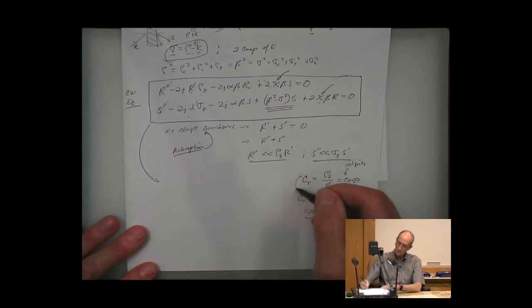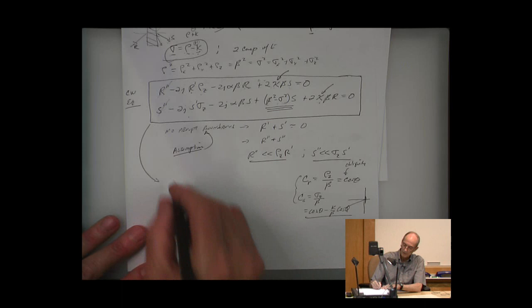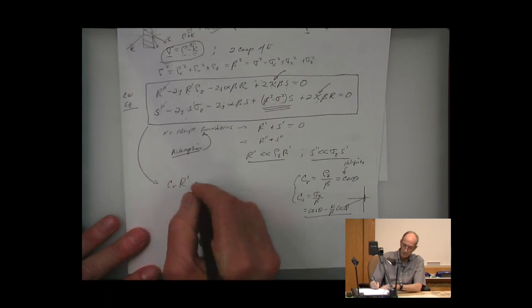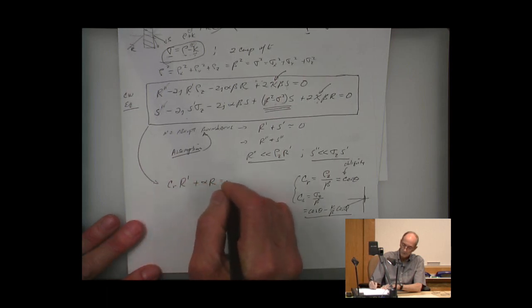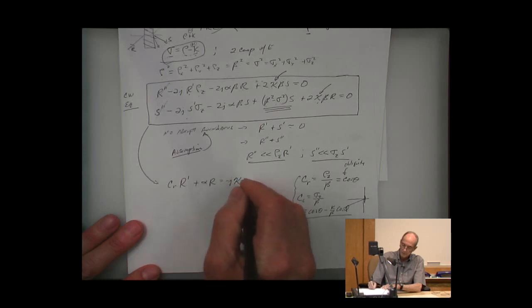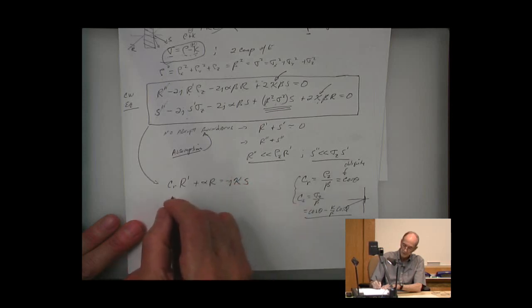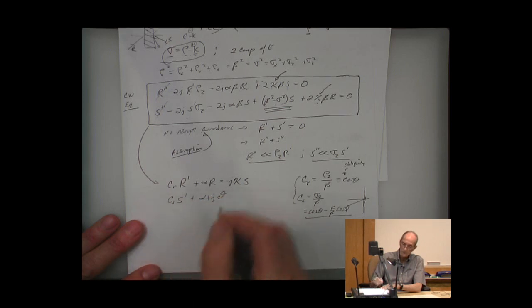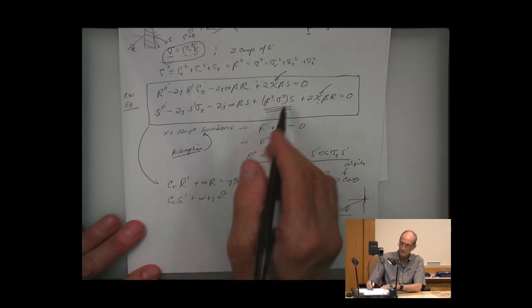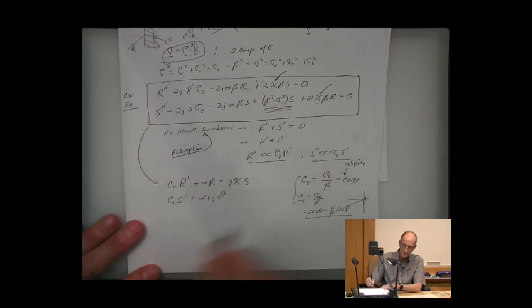So if we use these, we can then write the coupled wave equations as C sub r, R prime, plus alpha R equals minus j kappa S, and C sub s, S prime, plus alpha plus j times our detuning parameter, which we actually normalize to 2 beta,